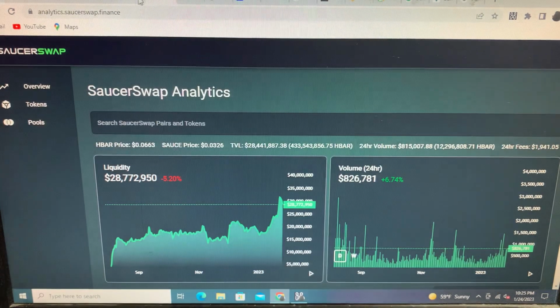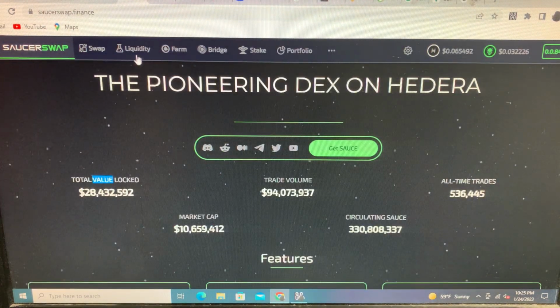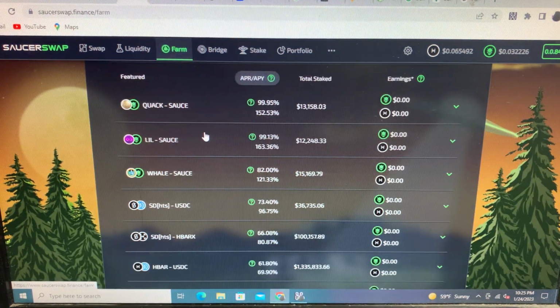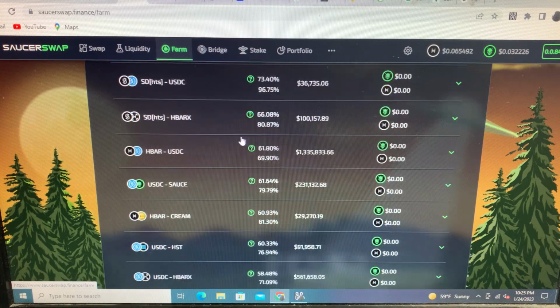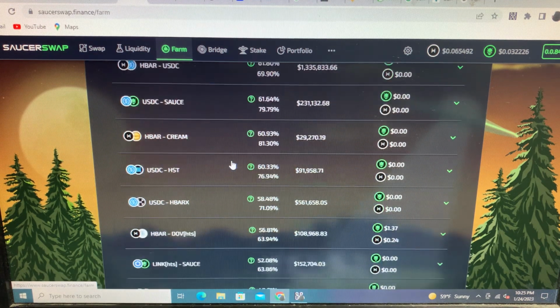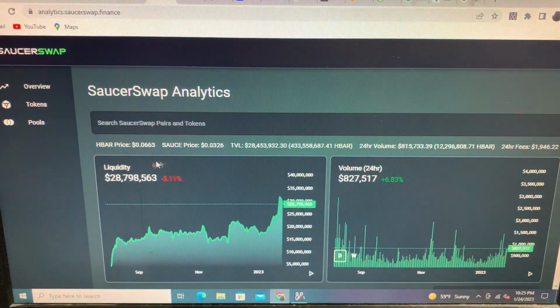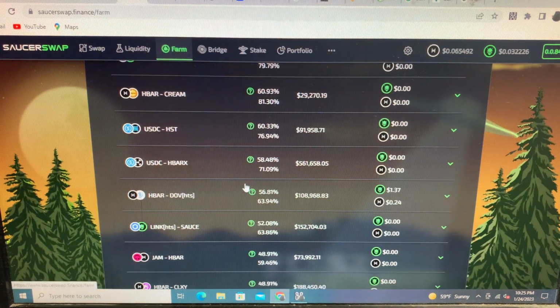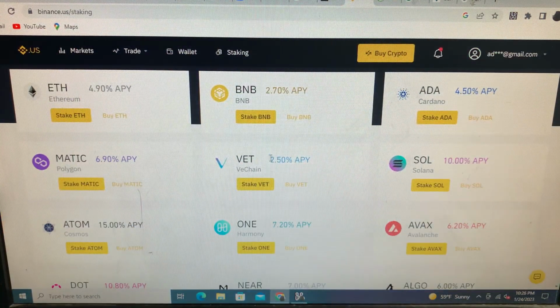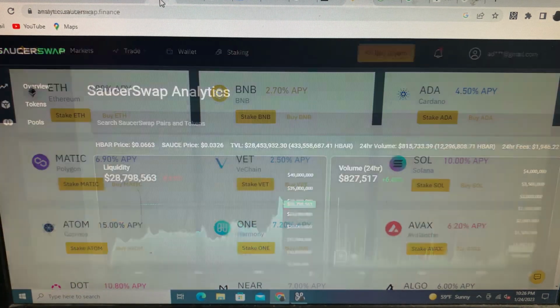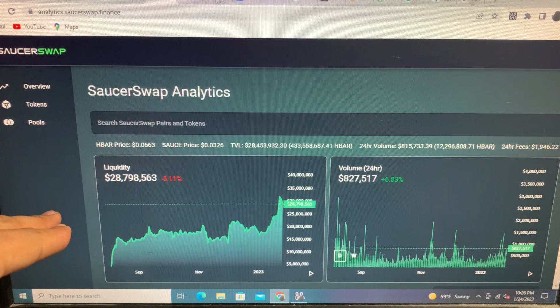But look at SaucerSwap, okay? If you look at SaucerSwap and their farming, look at their staking. They don't compare to this. Look, 80% APY, 66% APY, 70% APY. You see what I mean? Liquidity is going to explode. Now, obviously, the more liquidity flows in here, that percentage is going to drop. It will. But it ain't going to matter, because it's never going to be this low. If the APY gets this low, it means the price of SaucerSwap will have to be